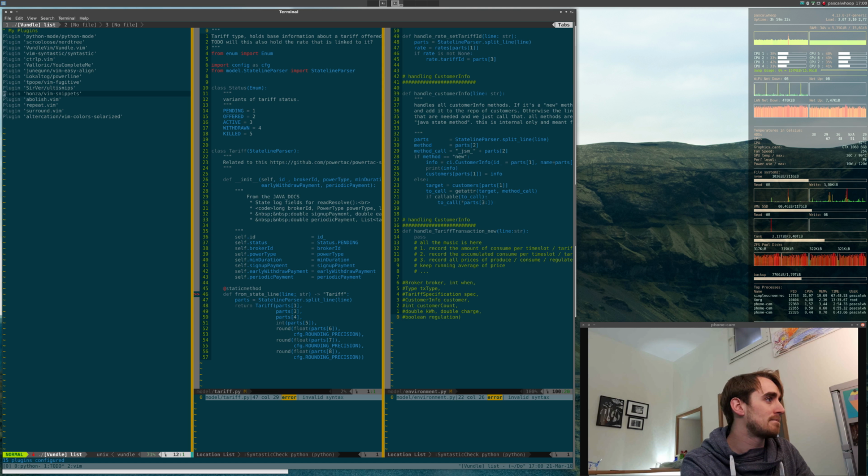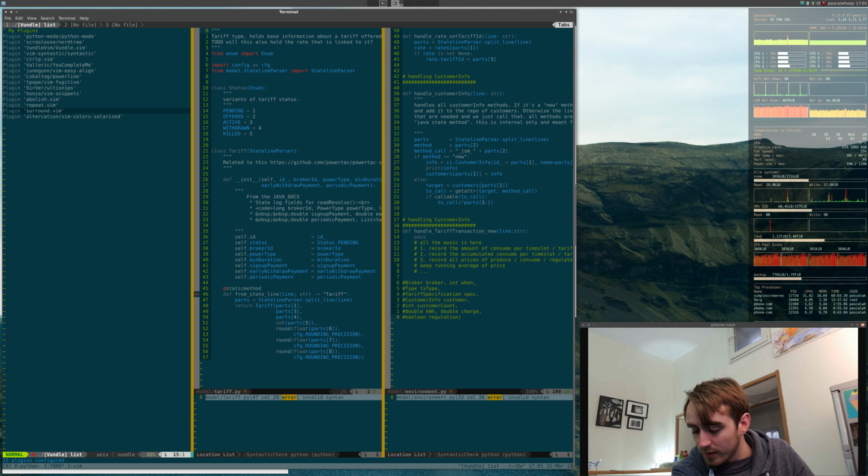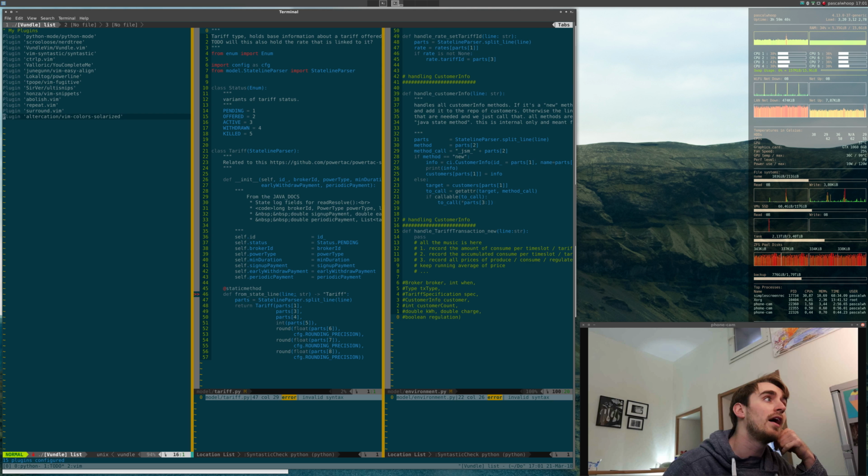And surround, I still gotta learn. It basically allows you to surround things with different kinds of characters. So if you have a string and you want to surround it with double quotes instead of single quotes, you can do that with this. This is just a color scheme, and Syntastic obviously